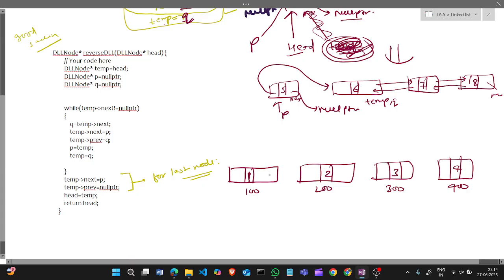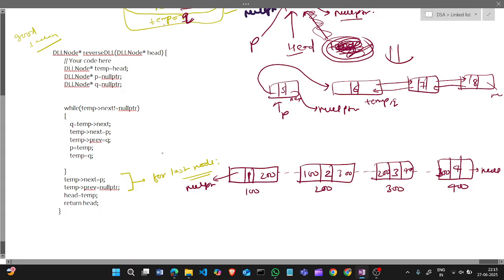This next contains 200, this next contains 300, this next contains 400, and this one contains the null pointer. This previous contains the null pointer, this previous contains its address 100, this previous contains address 200, and this previous contains the address 300. Like this way, these are connected.